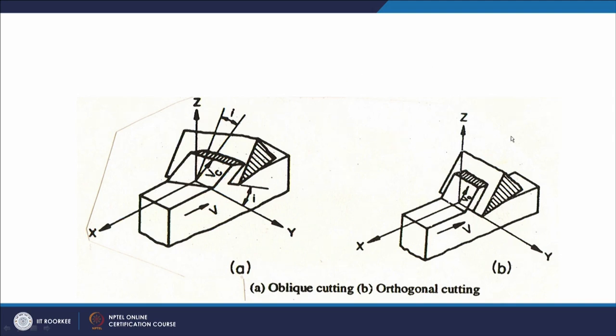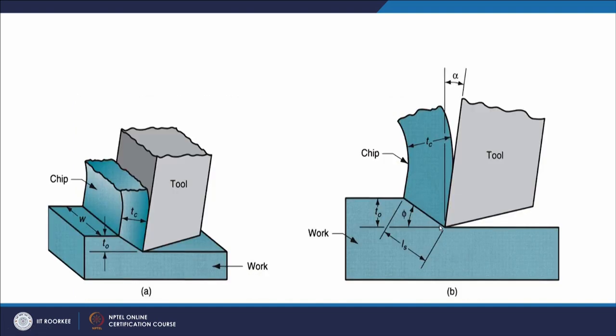While in orthogonal cutting, the cutting velocity direction is this, and the cutting edge is perpendicular to the direction of the cutting. So, this is an example of orthogonal cutting. In orthogonal cutting, if we see the same example in a three dimensional image, here